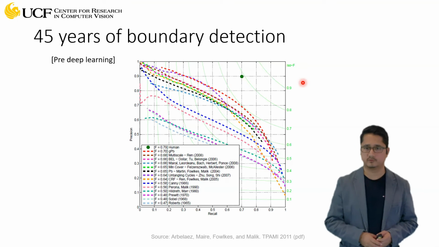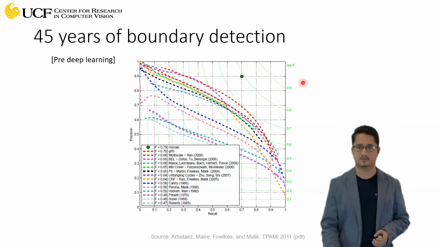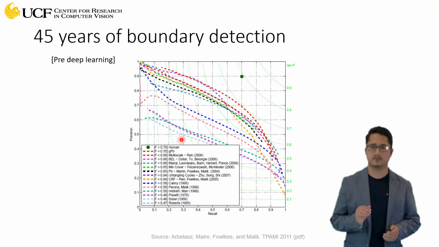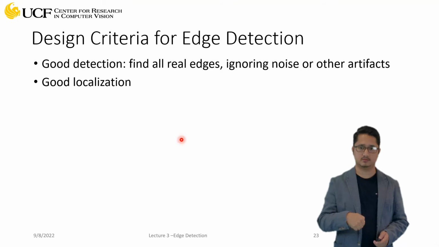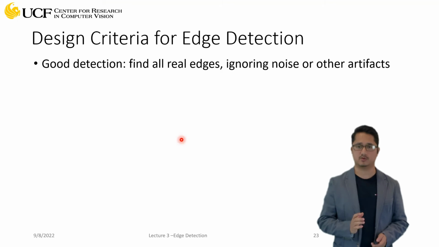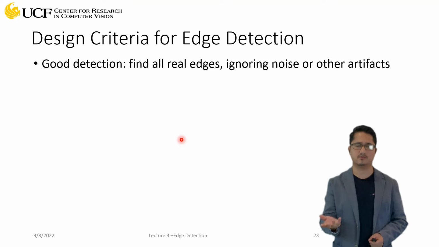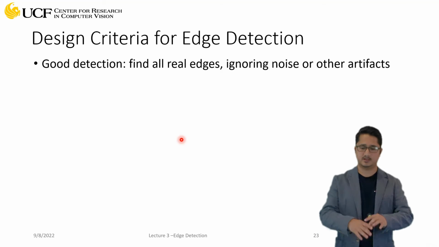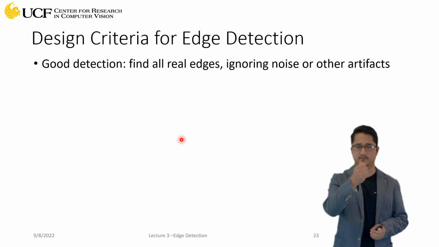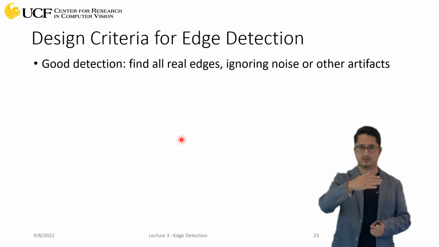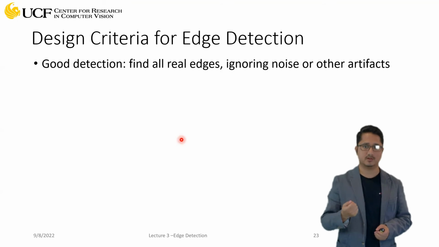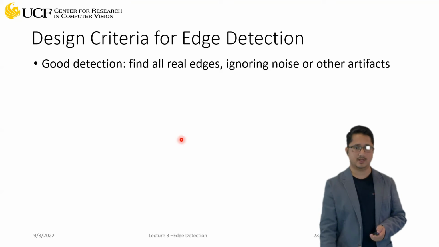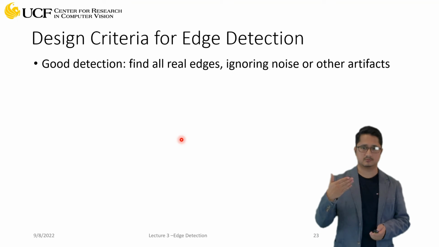Okay, question from Prithvi. Roof edge and step edge difference. So roof edge was where your pixel intensity was actually increasing, and then it was suddenly coming down. So that was your roof edge. In a real world example, let's say if you have a rope somewhere in a scene, that rope will actually cause an edge, right? But again, whatever you have in the background, the pixel value will suddenly change, and again the pixel value will go back to the background. So that will give you a roof edge. And step edge is like my